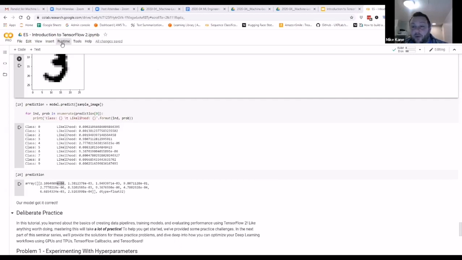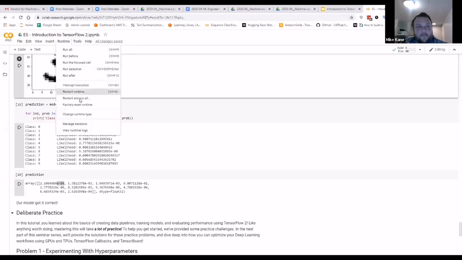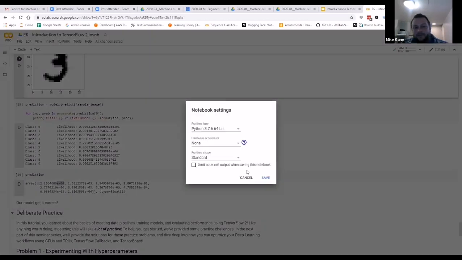So again, let me show you that one more time here. I go to runtime, change runtime type, and it's just right here, hardware accelerator, GPU, TPU. Now what that does, it doesn't automatically make your code run much, much faster.